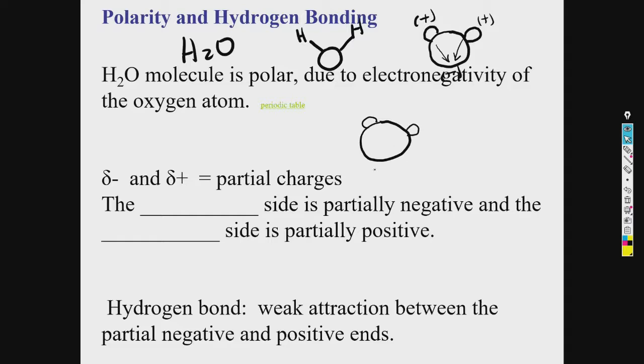We can draw a little Greek letter delta. There we go, that's a lowercase delta, and this end would be slightly negative, whereas this end up here would be slightly positive. Okay, so what that does then is it will cause water molecules to be attracted to each other, because they have these opposite charges, because we know that opposite charges attract. So what ends up happening is that water molecules will orient themselves in a certain way